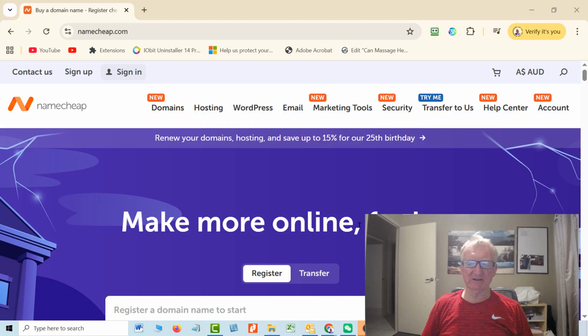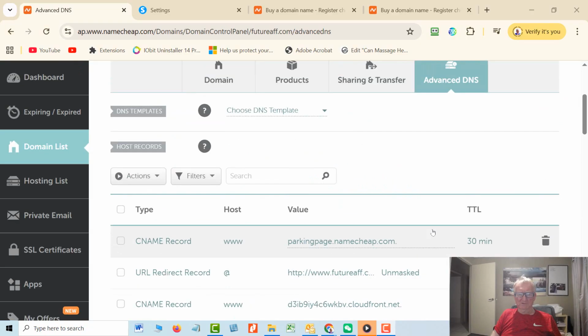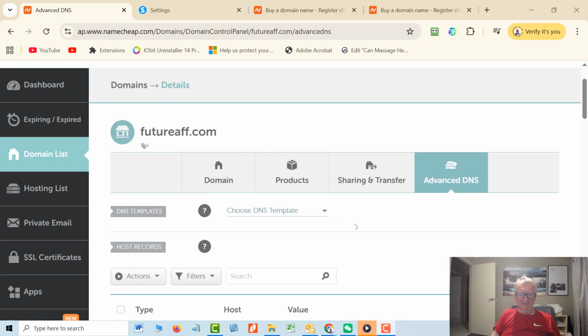So just go over here to namecheap.com and register a domain. If you want, you'll need a domain. If you want to try and get a discount, you can do a Google search for Namecheap coupons or Namecheap discount coupons, and then at checkout, put in that coupon code, and you might get a reduction in the price. So let's log in. All right, so we're now back in